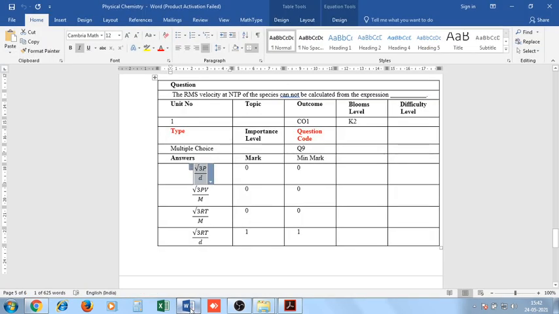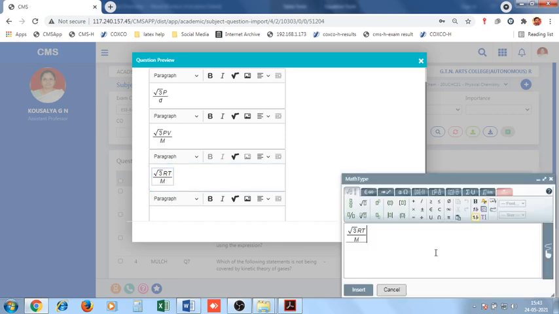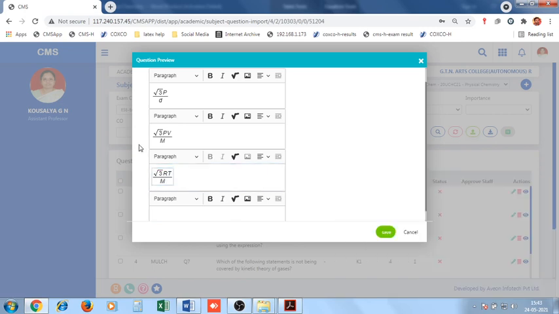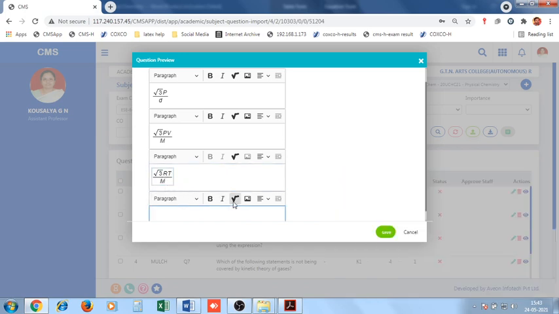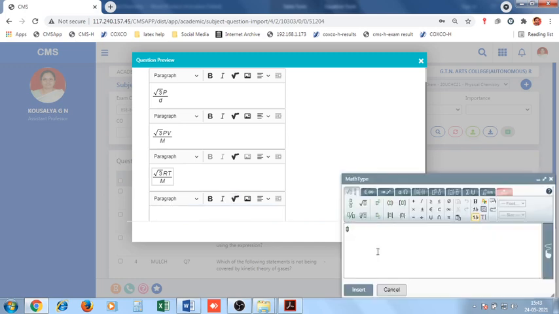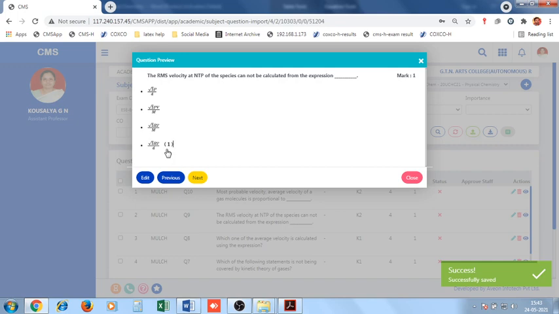Next option, root 3 RT by D. Inserted. After adding all options, press save. It is saved now and the options are appearing here. The correct answer shows the last one.